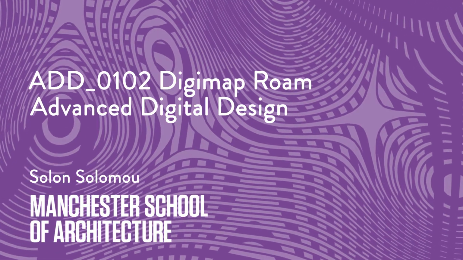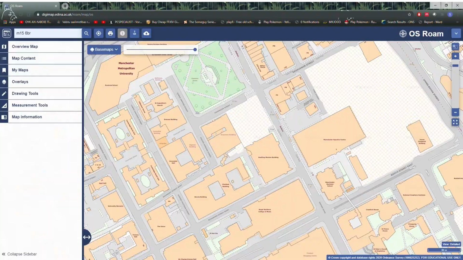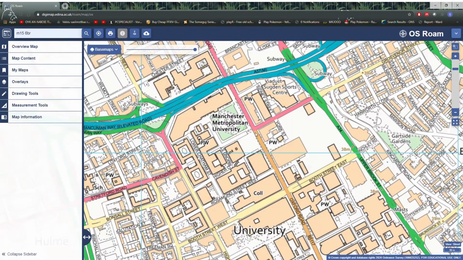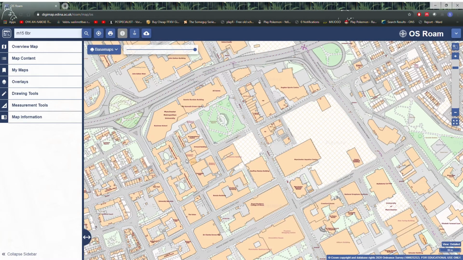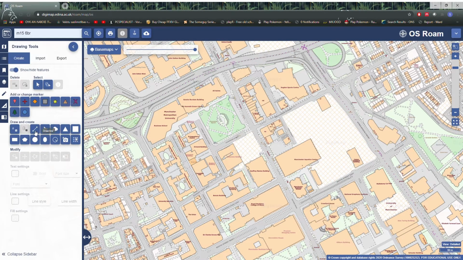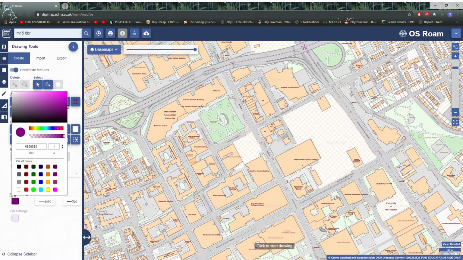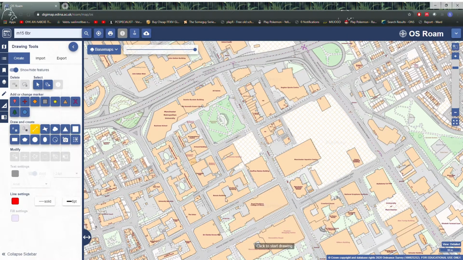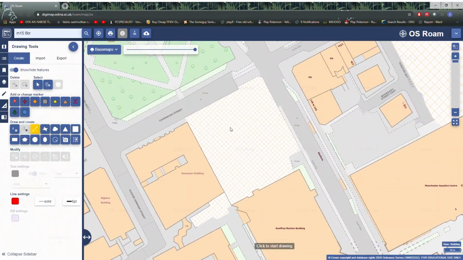Right. So if we now want to mark the area of our site, if we go into drawing tools, we can use this line here. We can mark it in any color we want, red probably. We'll make it a thick line, and we need to mark across there. You can zoom in for that if you want to be a little bit more accurate, and you just left